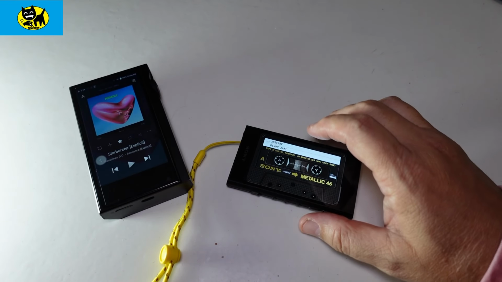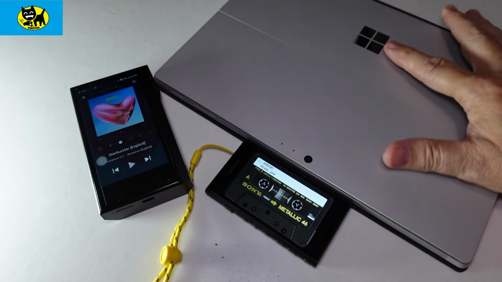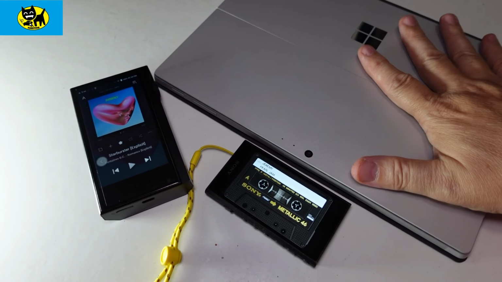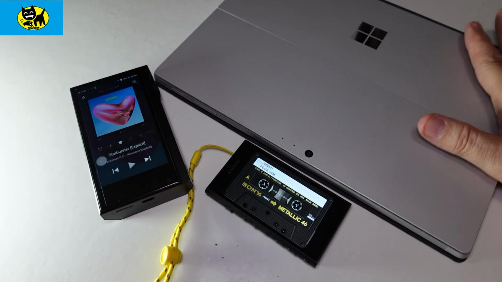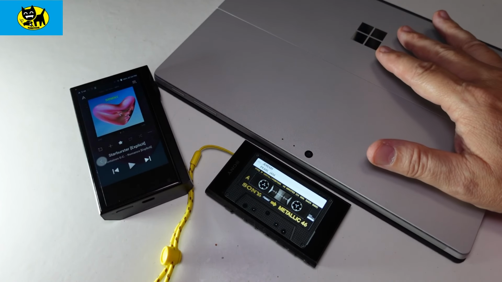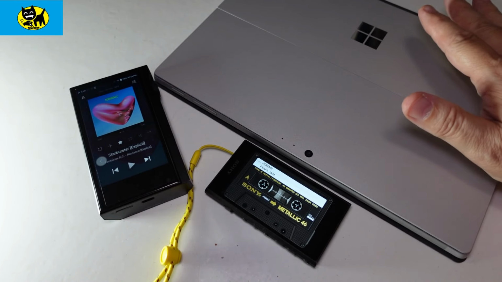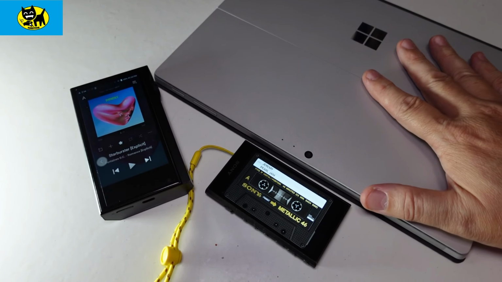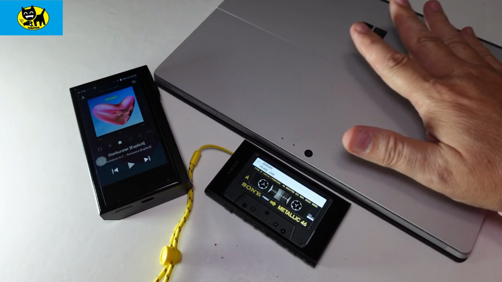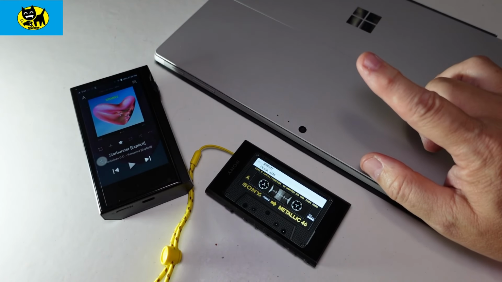Now, for me, I always recommend keeping your music on something else, which is this, my Microsoft Surface. And this is kind of like my music bank. Okay, so I keep all the music I have on here. If I download it to a computer, eventually I thumb drive it and I move it over to here, okay? You can also use different services, like I use Office 365 and different things to transfer files from one to the other, which makes it kind of automatic, so your music collection or your playlist or whatever have you can be on multiple devices, and that's a good backup, because I have lost my entire music collection before,